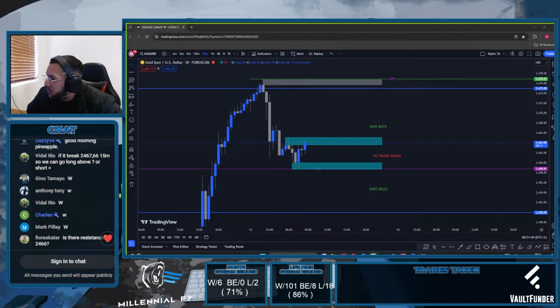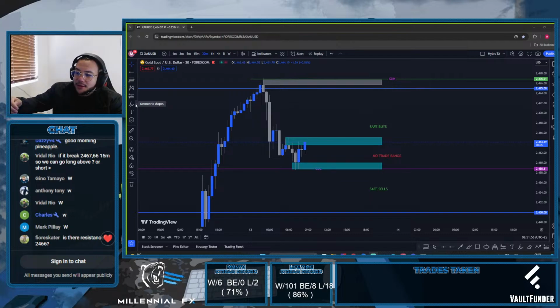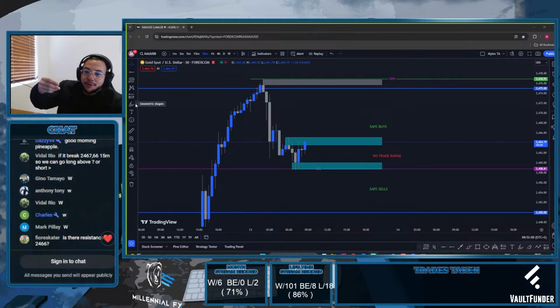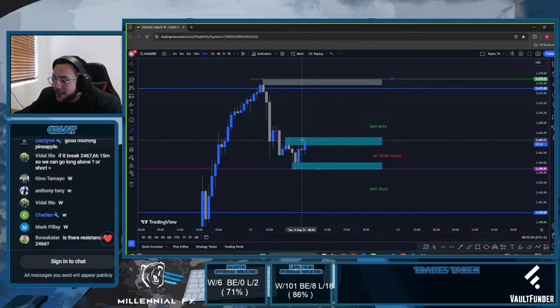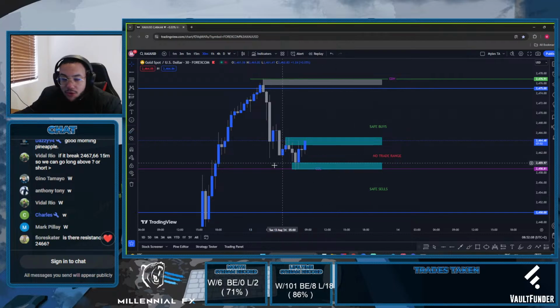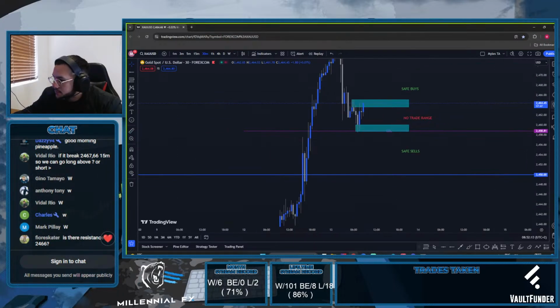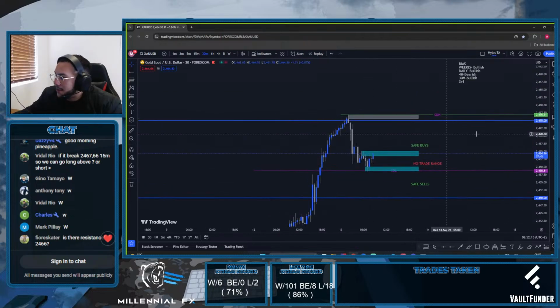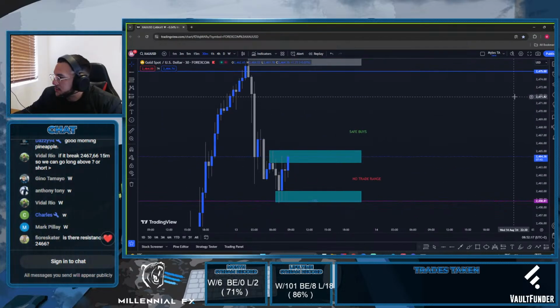Is there resistance at 24.66? Yes, there is. But you see, what I'm doing is I'm looking to trade into that, which means that yes, there's a probability it can reject. However, the way I'm going to be trading is using that to my advantage and saying that, you know what, we need to get into that resistance, which is 20 pips away. So by that time, I've already caught a move. You with me? So that's how I'm using it to my advantage today.